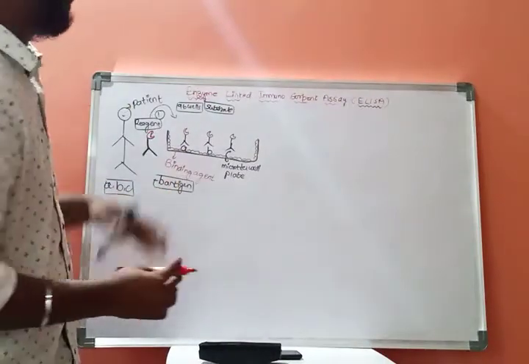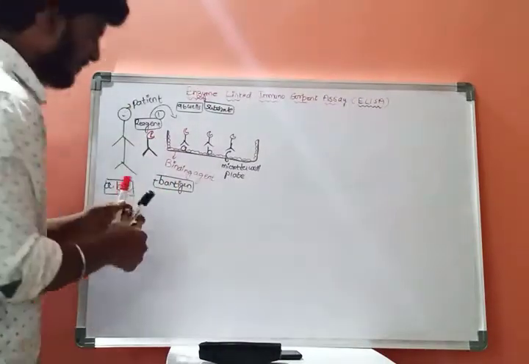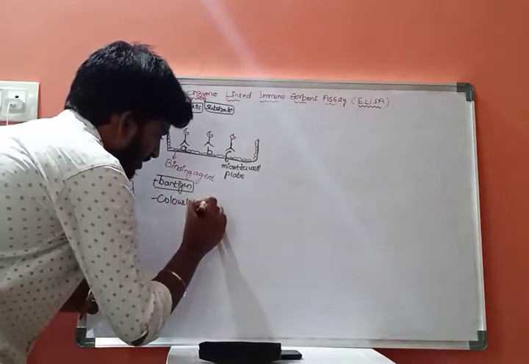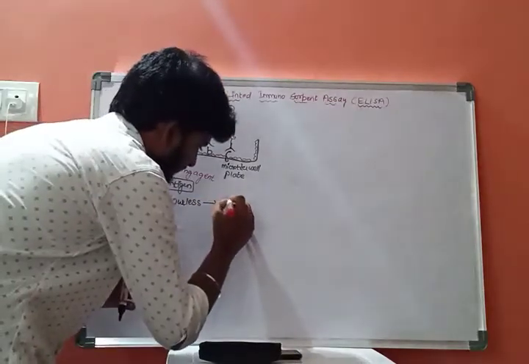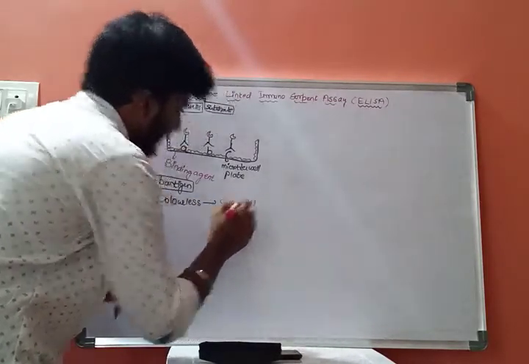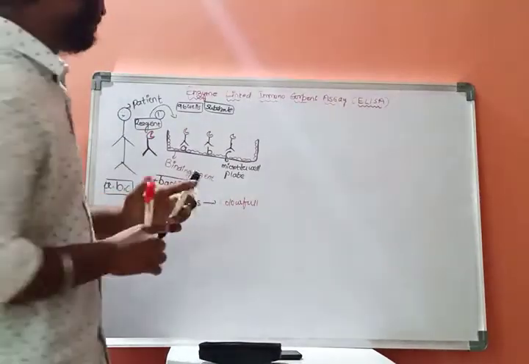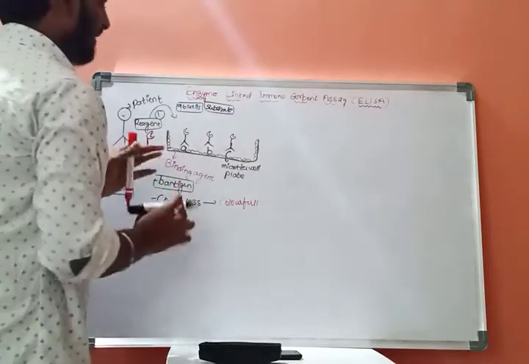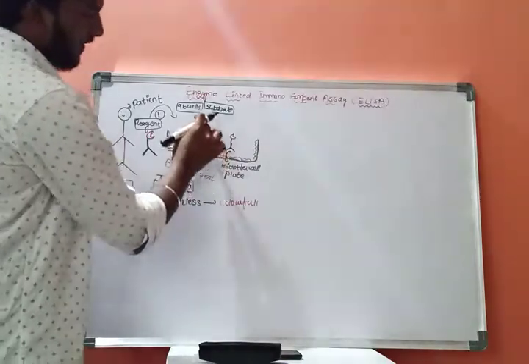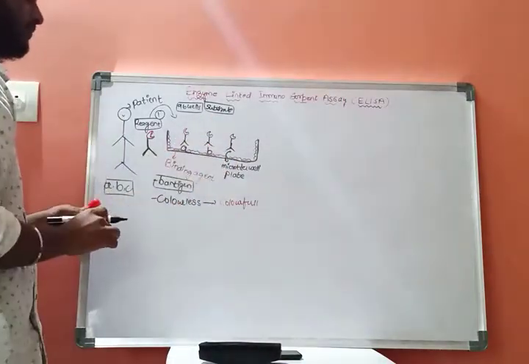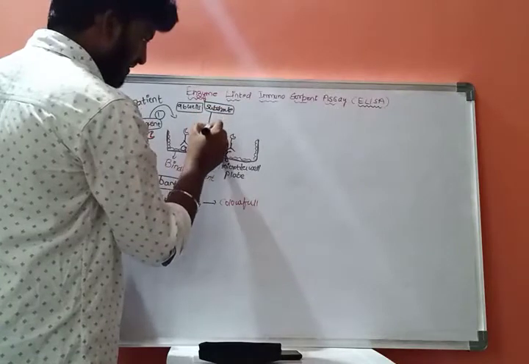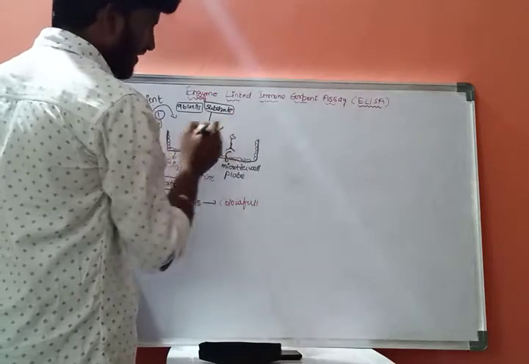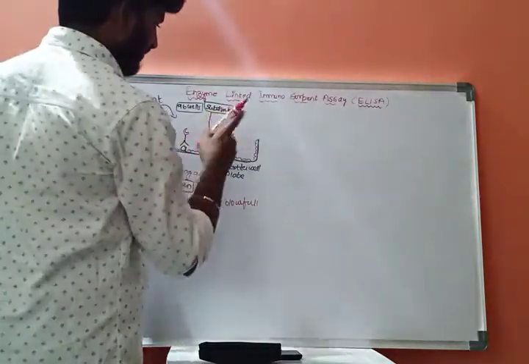Now let us consider the function of this enzyme. The function of this enzyme is it converts colorless solution into a colorful solution. It will convert colorless solution into colorful solution. Now after the substrate is added to the solution, it gets binded only with the anti-B, with only B type of antigen, and whenever the substrate is added or gets reacted with the enzyme, it results in the formation of colored substance.